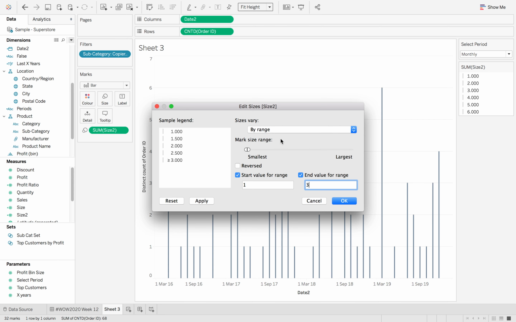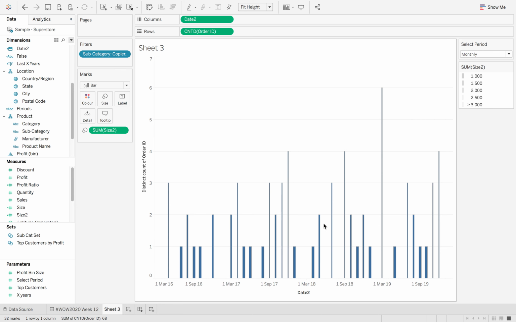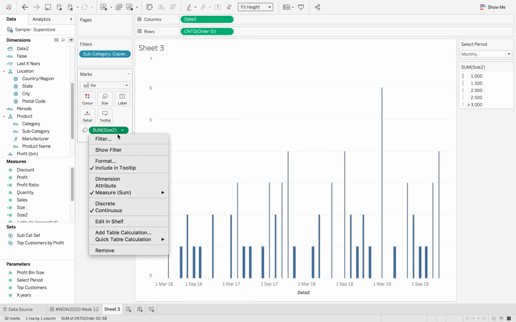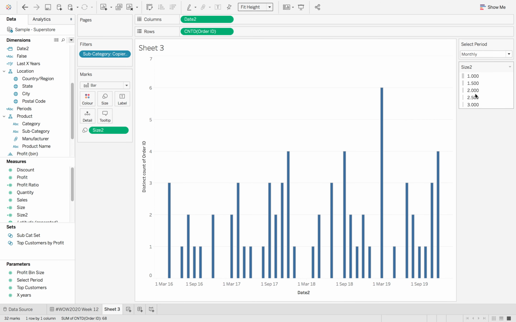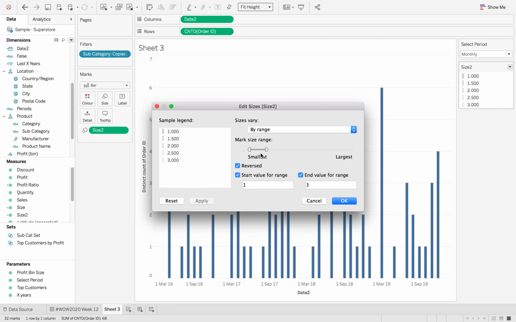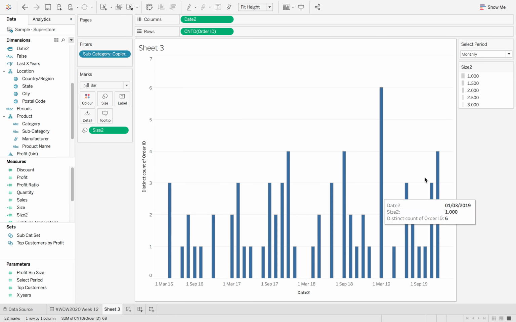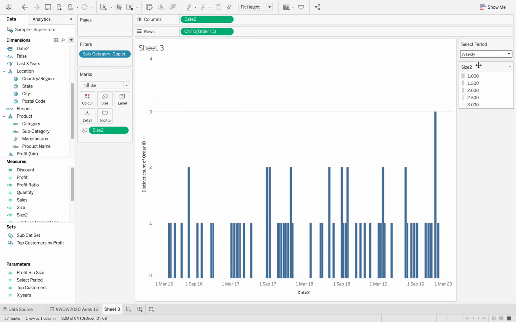And we want it by range, and I want to reverse it. So I want this one a little bit bigger. And I want 1 to be the biggest and 3 to be the smallest. Hit OK. So I'm going to change this from sum to be a dimension. So now you can see we've got 1 to 3, and we've got our monthlies. So we want to probably make our number ones a little bit bigger. Hit apply, OK. Now when I select a weekly, you can see they're probably a little bit too big,